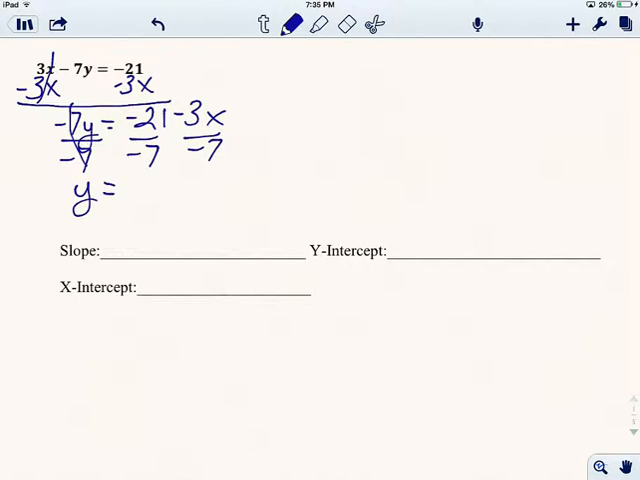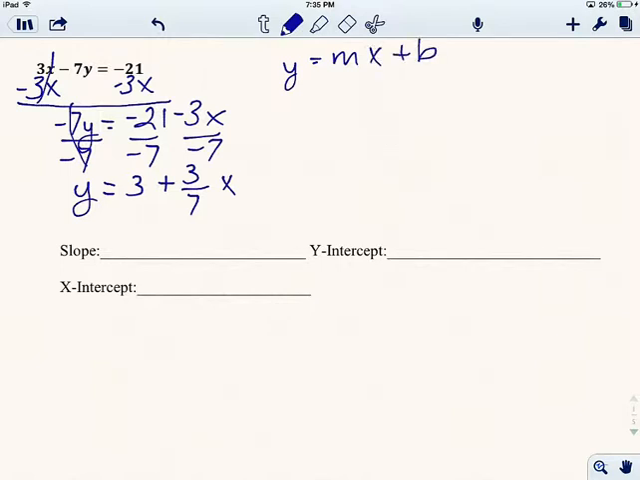Now negative 21 divided by negative 7 is just going to be 3. Remember that a negative divided by a negative equals a positive. And then I'm going to look at negative 3 divided by negative 7. Again, a negative divided by a negative equals a positive. And so I'm going to go plus 3/7 x. Great. Okay, now I'm going to look at this as, remember our y equals mx plus b,